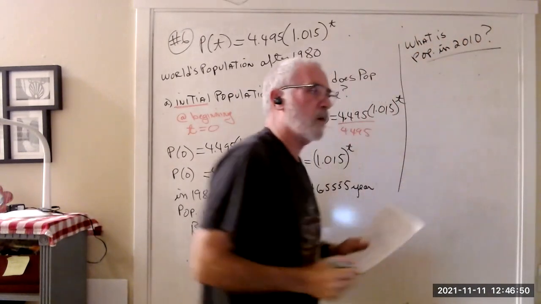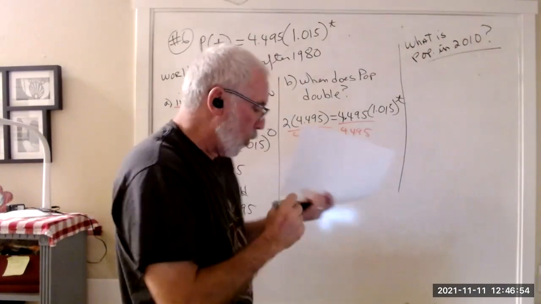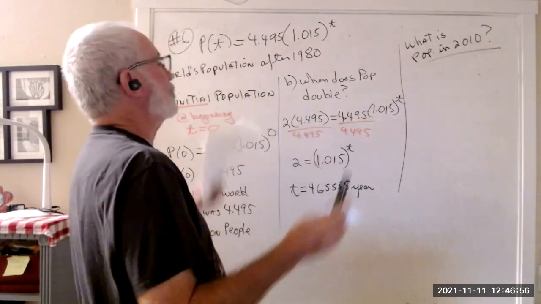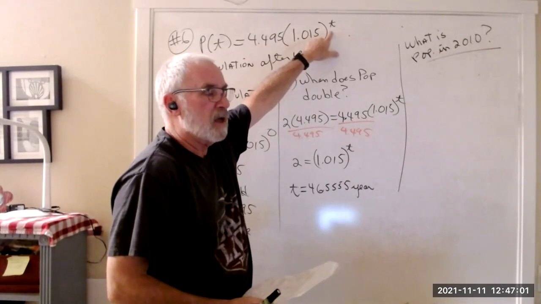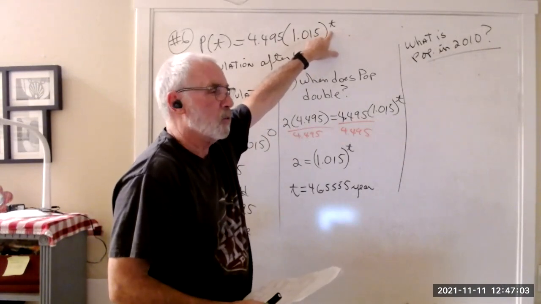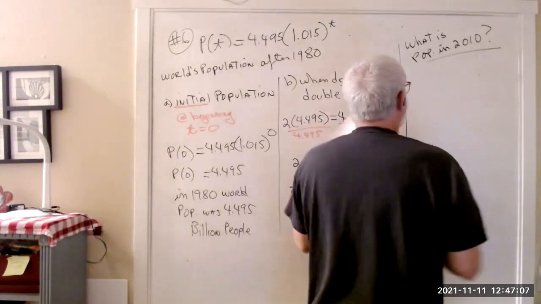Well, it's a trick question. Okay. What we're hoping that you'll do is you say, oh, 2010. I'll just put 2010 in that formula and let my calculator do all the work. Wrong. When it says 2010, we do